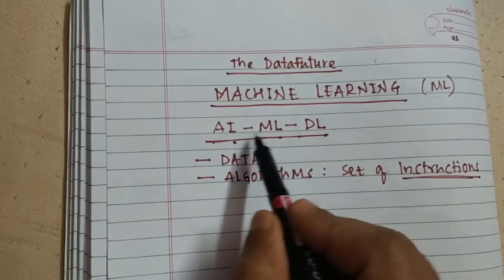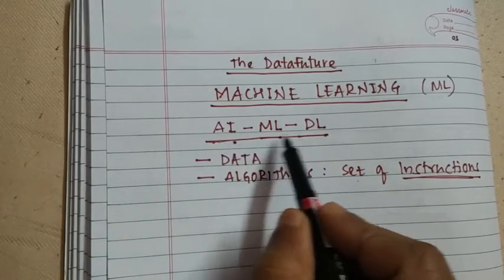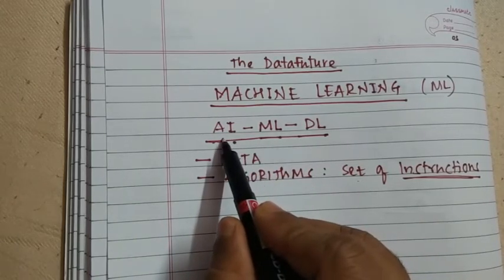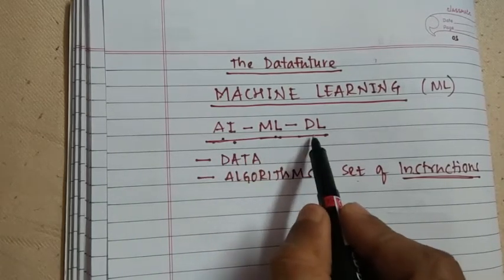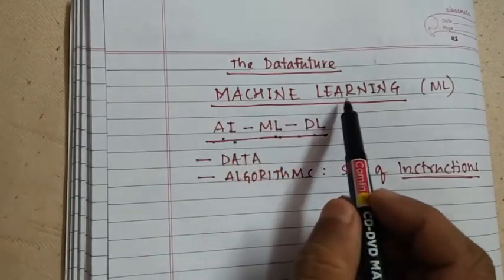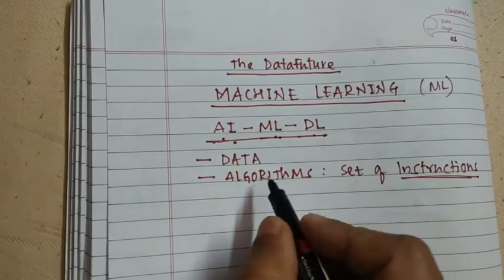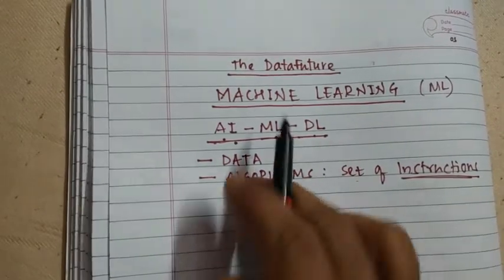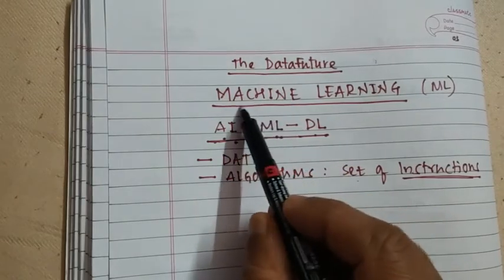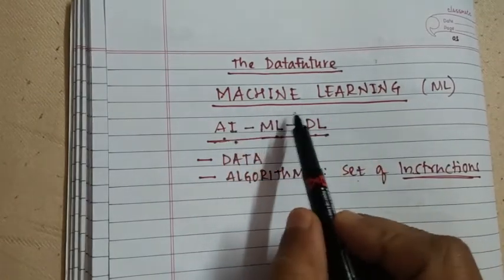These three concepts are interconnected, but we cannot mix these three terms, that is artificial intelligence, machine learning and deep learning. So in this session we are going to see the concept of machine learning. Now, whenever we say machine learning,